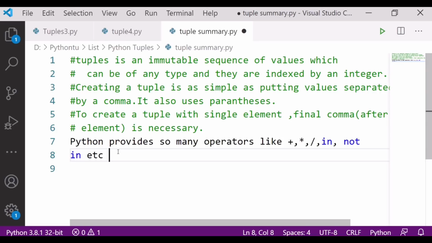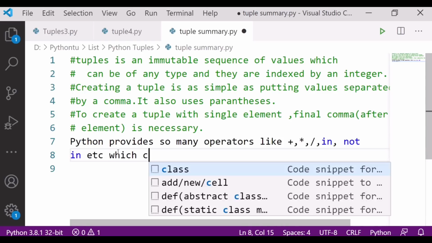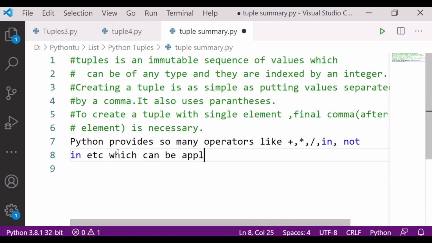So we can say that Python provides many operators which can be applied to tuples. Okay, so this is all about tuples.